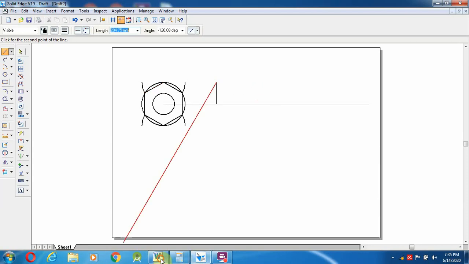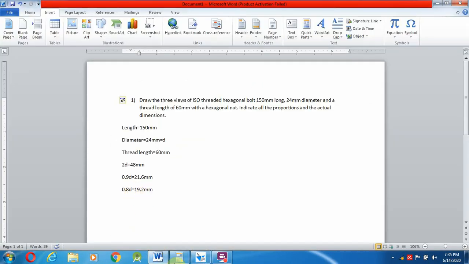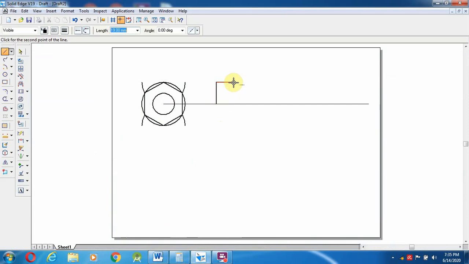The value we found for 0.8D is 19.2 mm, so 19.2 mm. I'm going to create a length again of 48 mm and 19.2, and I'm going to close over here.